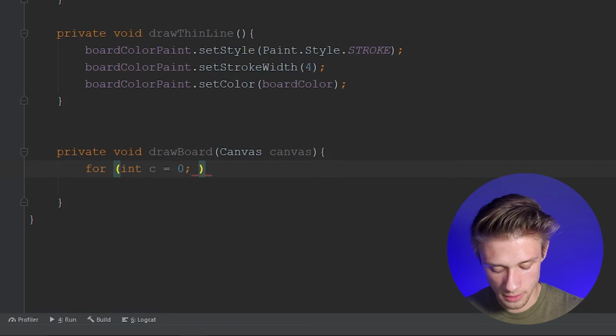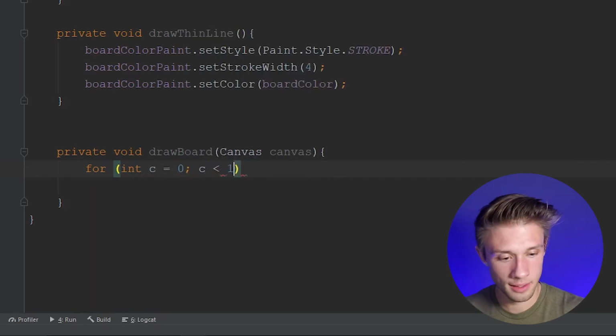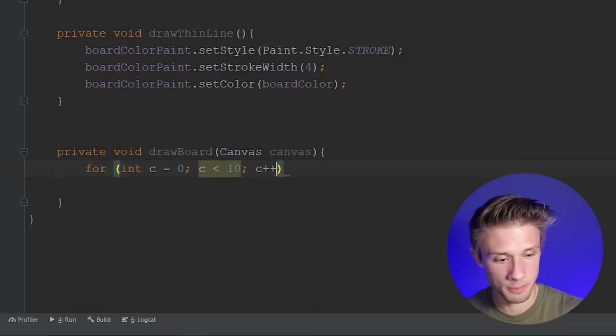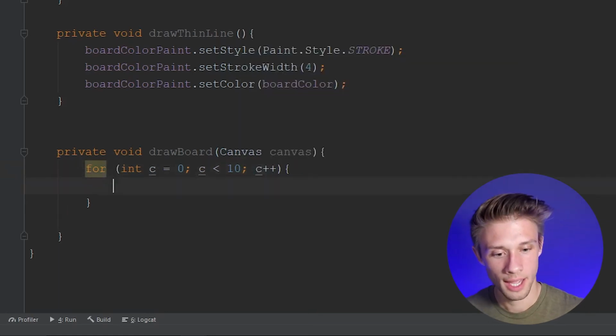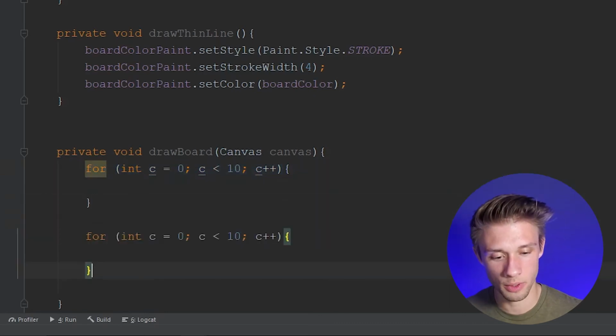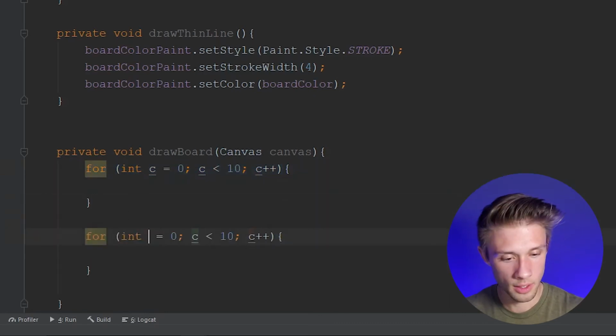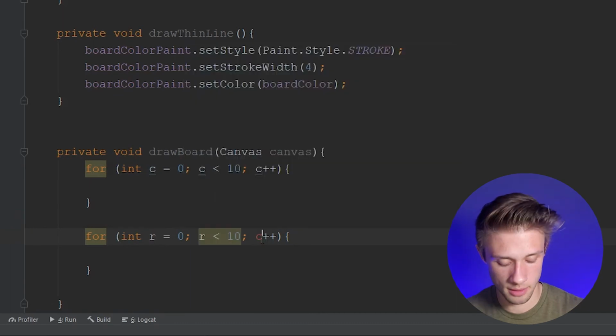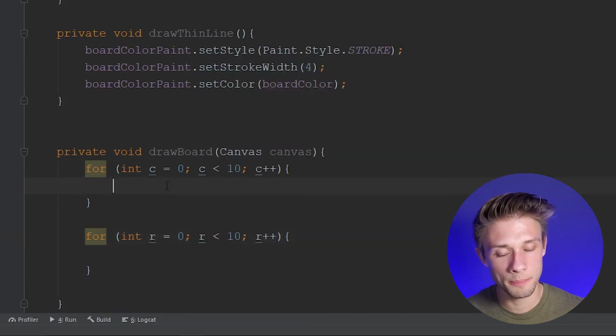And then we're going to go while c is less than 10, because we want to draw 9 lines. And then we're going to go c++, and then finish that off. And I'm going to copy this for loop and change the c variable to an r for row. So r, and r. So then within here, what I want to do is create an if statement that determines